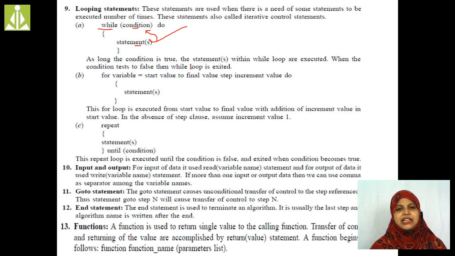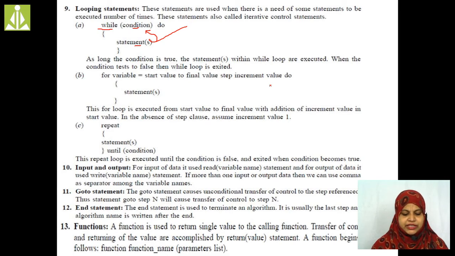Whenever we write any algorithm, if looping statements are required, at that time we use these looping statements. While writing them, we are not going to check whether they are syntactically correct or not. We just use those looping statements in our program. That's it. Next one is input and output. Before writing any algorithm, the programmer must know what type of input we have to give and what type of expected output that particular program is going to generate. All these things must be documented.